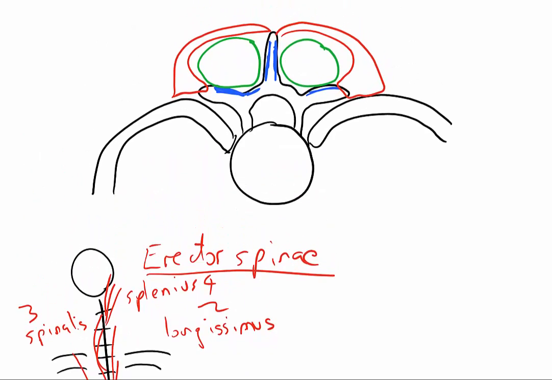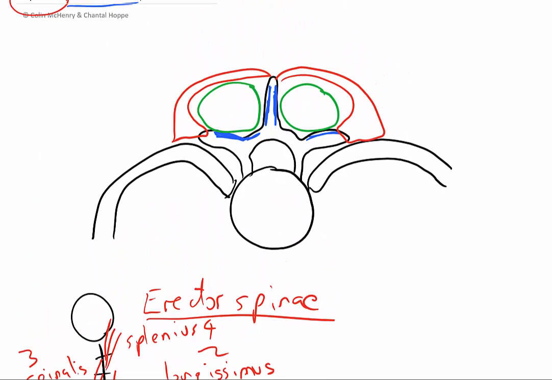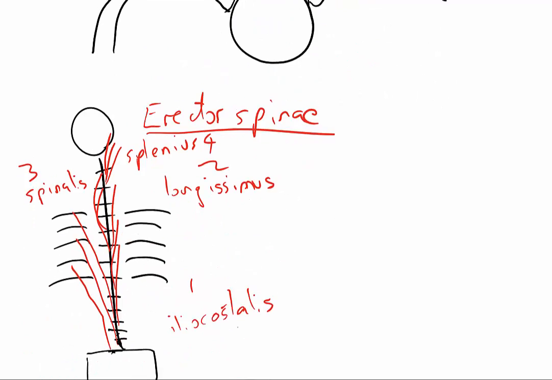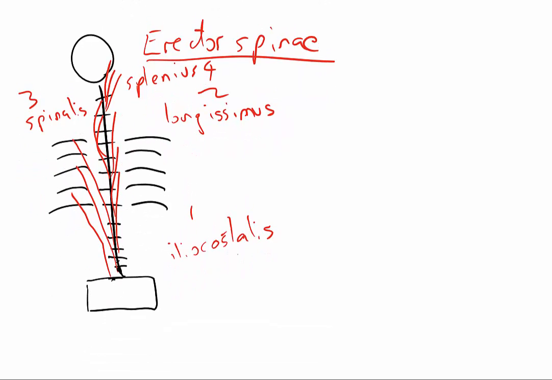If we relate that back to our cross section, that means that these fibers are always attaching here at the bottom, and as they go up, they're going outwards. And if they're iliocostalis, they're going to attach onto a rib. If they're longissimus, they're going to attach onto a spinous process. If they're spinalis, they're going to attach back onto the spinous process here. So that's the first set, that's erector spinae. The second set